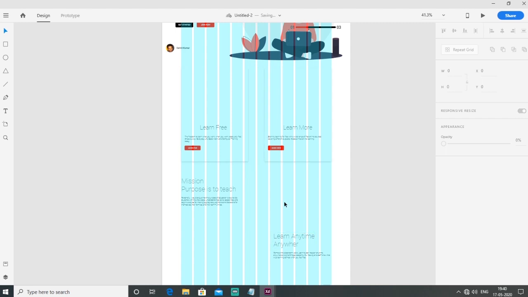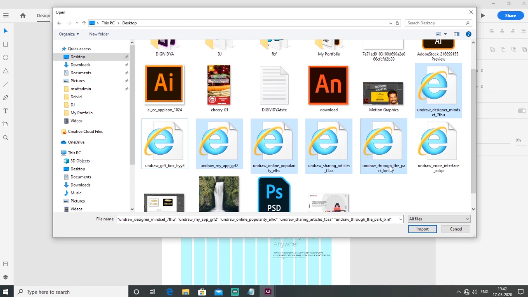Then I want to put some vector graphics here. I just import some vector graphics from unDraw.